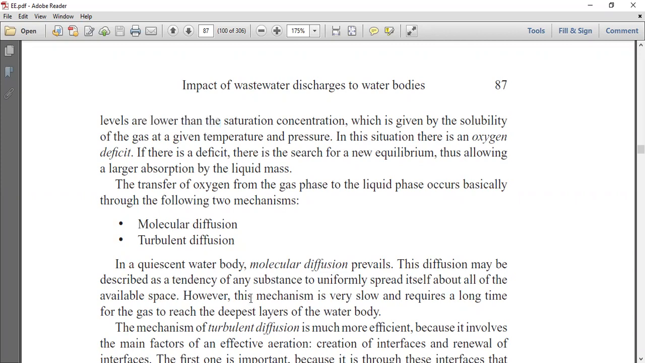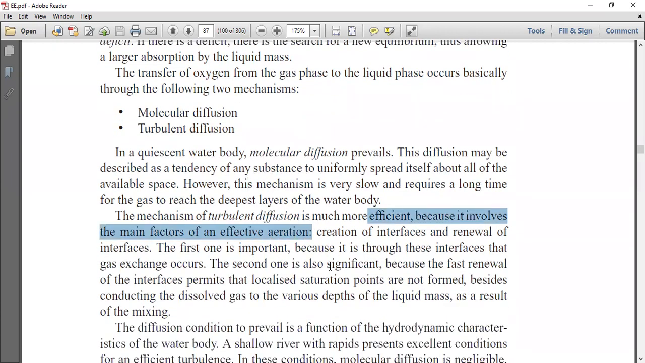The mechanism of turbulent diffusion is much more efficient because it involves the main factors of effective aeration: creation of interfaces and renewal of the interfaces. The first one is important because it is through the interface that the gas exchange occurs. The second one is also significant because the fast renewal of the interface ensures that localized saturation points are not